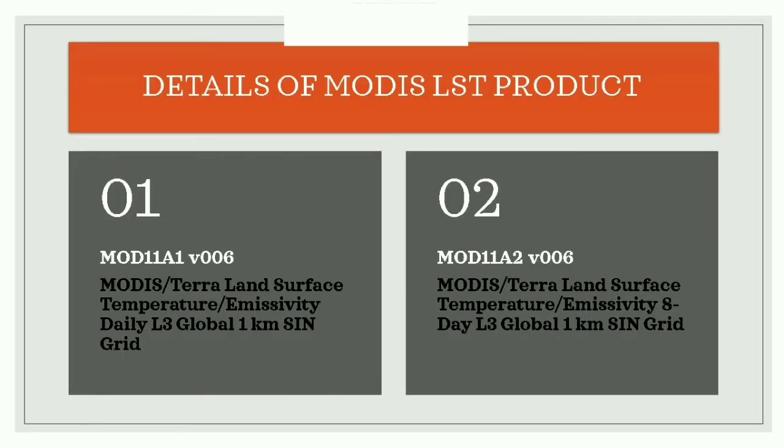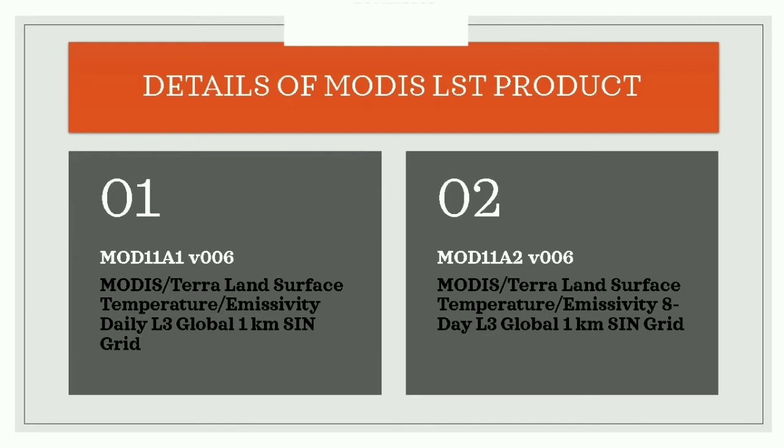So here I have started from the MODIS 11A product. One by one I will discuss what the things are and how to do them, and what the different products of LST, land surface temperature, available on the USGS website or NASA website are. So here, starting with MODIS 11A1 version 006. So what is this? It is actually MODIS Terra land surface temperature. So here two terms are there, Terra and Aqua. Terra means daytime land surface temperature, Aqua means starting from evening to night.